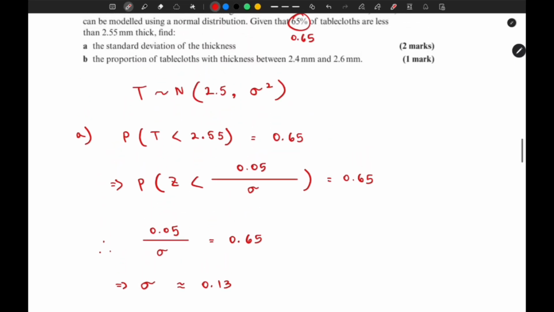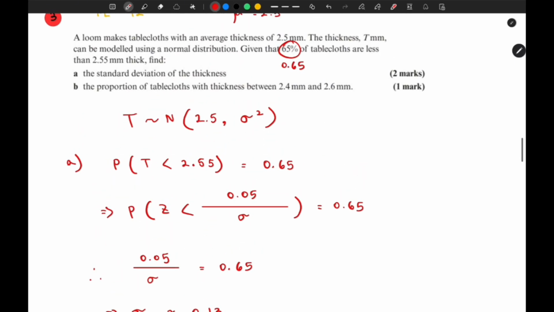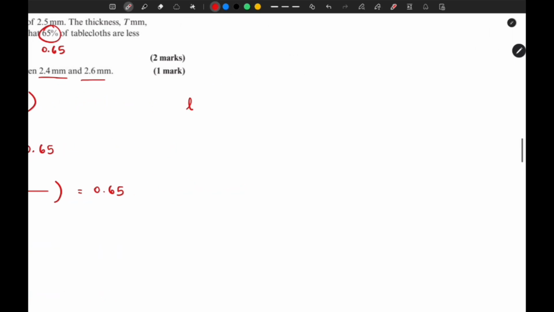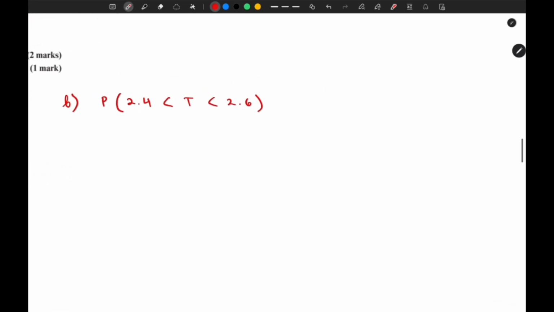So that is it for this part. Now moving on to the second part. We need to find the proportion of tablecloths with thickness between 2.4 millimeters and 2.6 millimeters. So basically, we need to find the probability for the thickness to be greater than 2.4 millimeters but less than 2.6 millimeters. Now, if we use a normal distribution curve,